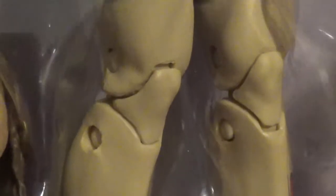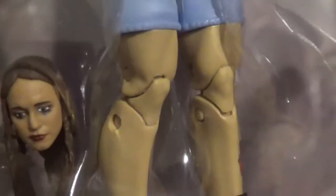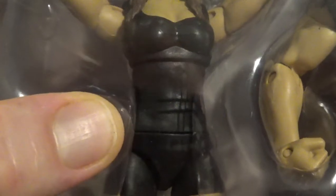Now, as you can see on the Stone Cold, the knee joints have that sort of double articulation. These women figures, even though they're elites, they only have a single piece of articulation there. And look at Austin's wrist. It has that wrist pivot action, whereas these women elites don't have that either. They just have the sort of twist action. So these women's elites have a different design. They have a little bit less articulation, and the waist part is a bit different. But I don't take mine out of the box,